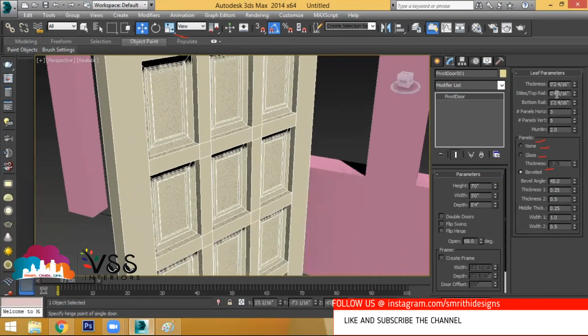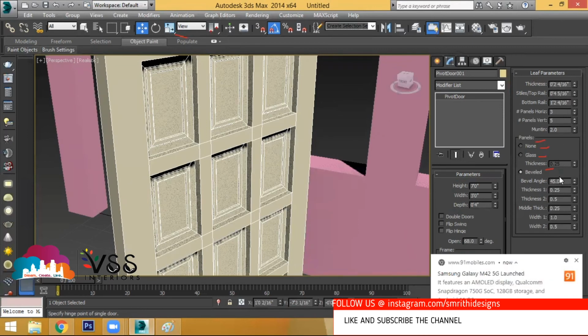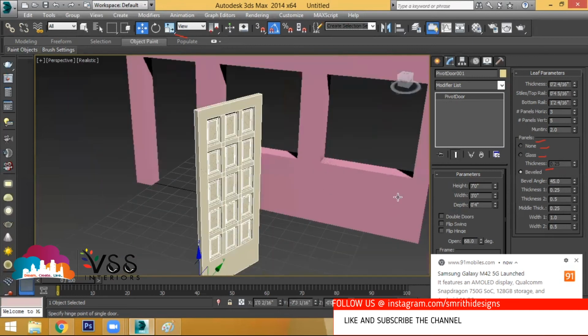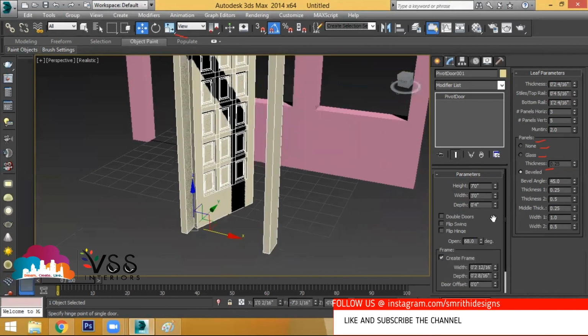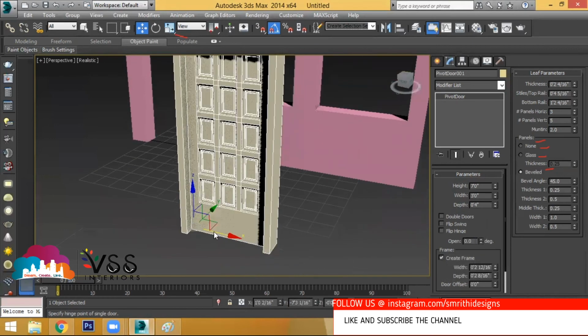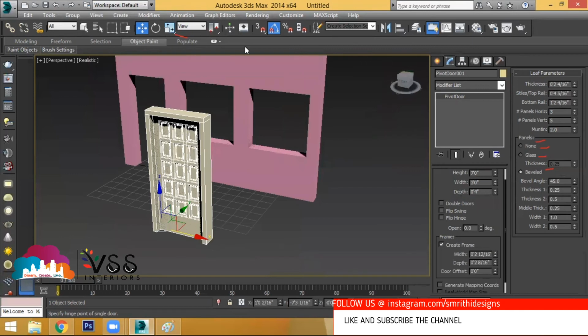See, these options, you people have to try and understand how you are able to change it, and what all the things are getting changed. This is about the door modifications on the door panel. Frame is different. What is frame? Frame is nothing but chowkat, what you're getting extra apart from the door. Clear? So the modifications you have, all these things will be the same for the other doors also.